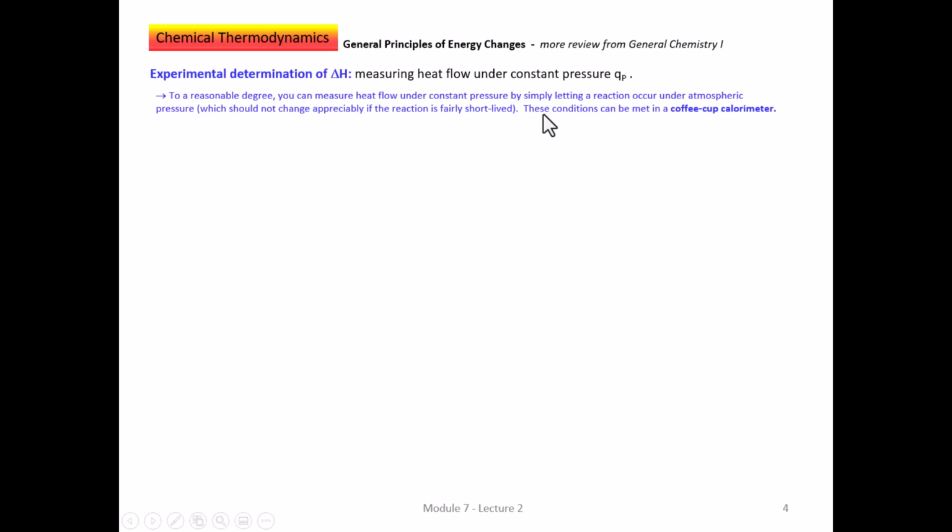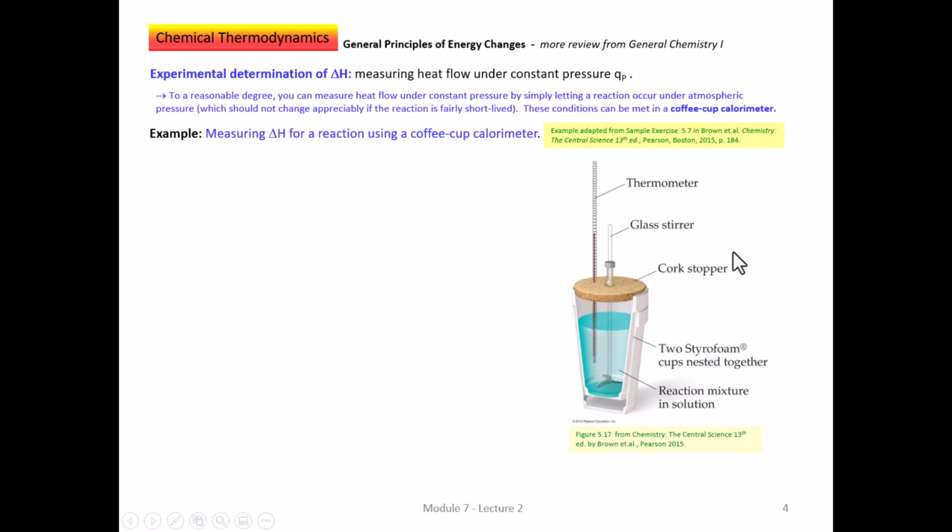And these conditions can be met even in a general chemistry lab with something that's very simple. It's called a coffee cup calorimeter. So let's look at an example of measuring ΔH, in other words, heat flow under constant pressure, using a coffee cup calorimeter. Well, what would a coffee cup calorimeter look like? Well, surprise, surprise, it involves using styrofoam coffee cups. So you see here two styrofoam coffee cups nested together with this cork lid on them,